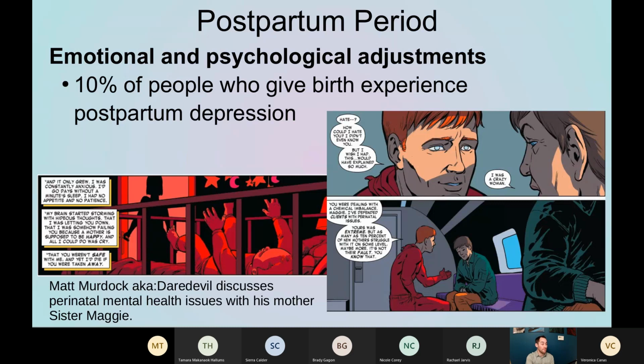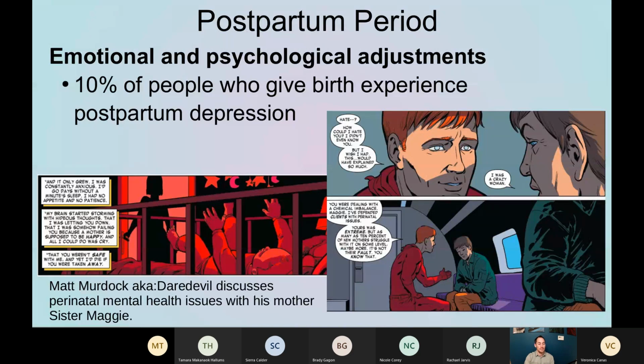Daredevil's mother left him in the care of others, depending on the version, like depends on who she left him with. But she wasn't a part of his life growing up until his adulthood because she had such severe postpartum depression. And so he's saying, hey, as an adult, I totally understand. You had a chemical imbalance. It's not your fault. So you should get treatment now, he's saying, for depression, or could have got treatment then,